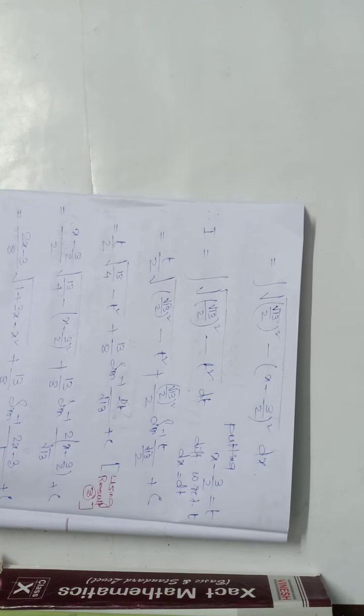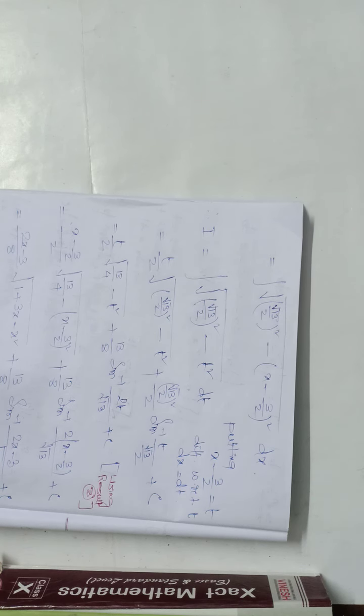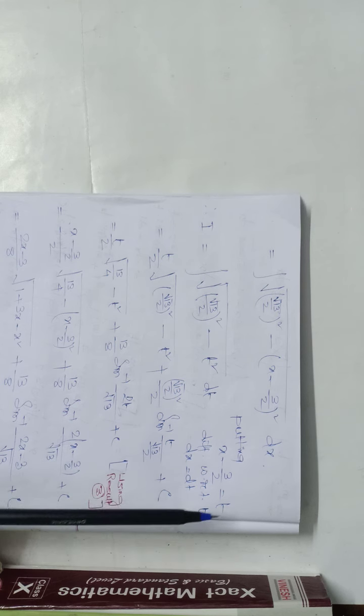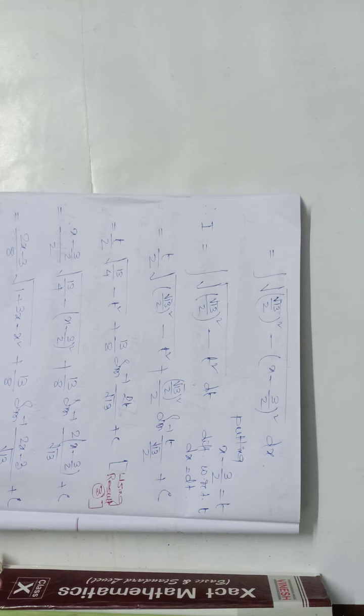The students, it will be like integration of root over (13/2)² minus (x minus 3/2)². Now putting (x minus 3/2)² equal to t, now we will differentiate, we will get dx equal to dt. Now ultimately it will be the form integration of root over a square minus x square form